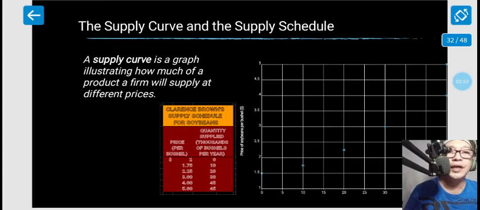Okay, so here we have a supply curve and a supply schedule. A supply curve is a graph illustrating how much of a product a firm will supply at different prices. Okay, so tingnan natin. Here we have 1.5. Let's see, 1.5, how much, or 1.75 ata yun, okay? So 1.75, we have 10. Please look at the blue dot here, the small blue dot, as you can see. For 1.75 per apple, the supplier are willing to supply the market with 10,000